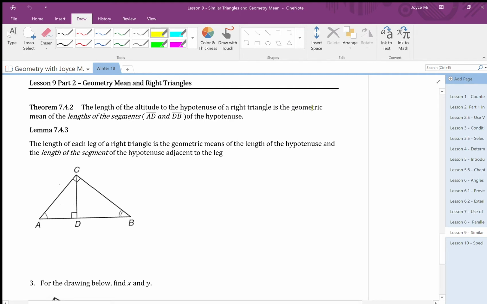Here's the key word here: the geometric mean of the length of a segment, and length of a segment of the hypotenuse. So the length of the altitude, the keyword here. So this is a right triangle. Given a right triangle, what it is saying here is the altitude drawn from the right angle to the hypotenuse, which is CD. So number one says CD is the geometric mean